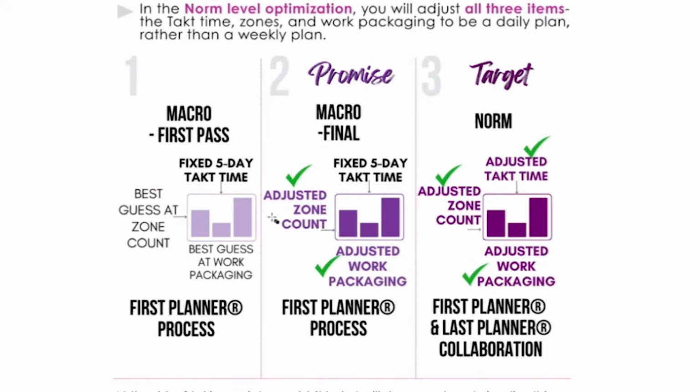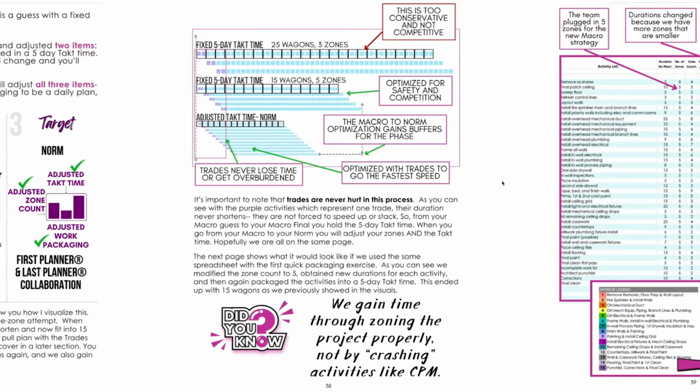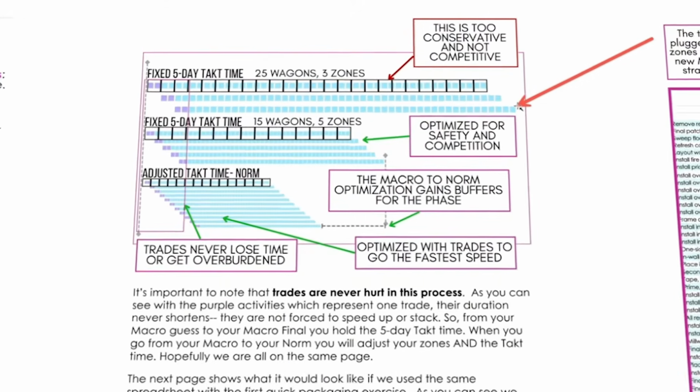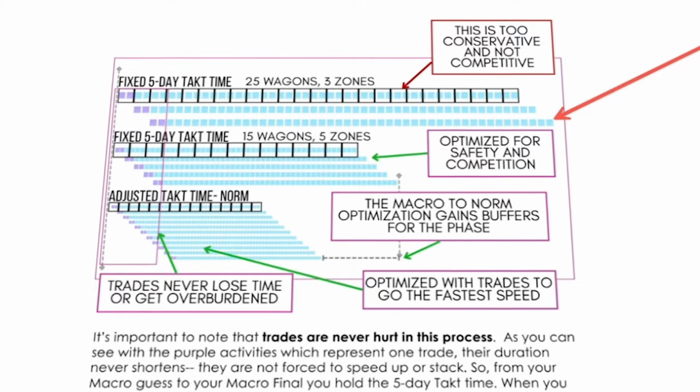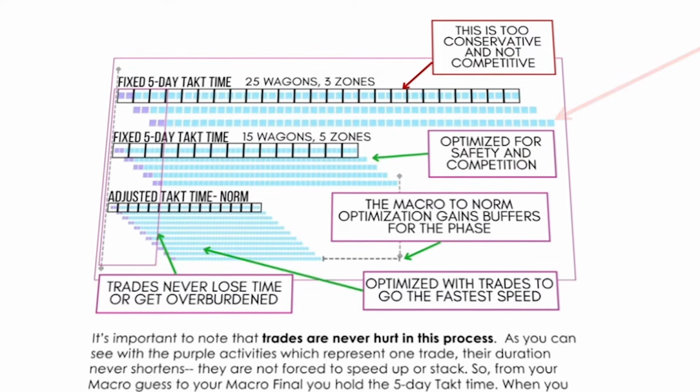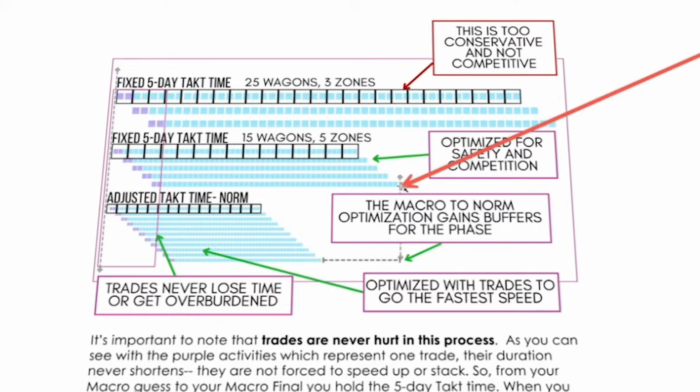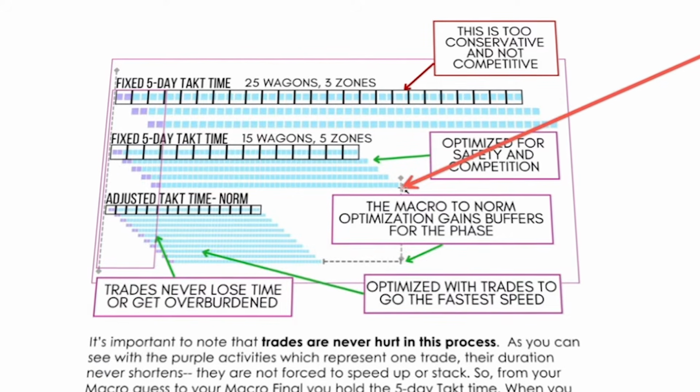Let me show you what this looks like in a visual. The first guess of 3 zones had the project finish way late. You wouldn't have won the proposals. It's not reasonable. Once you plug it into the calculator, you get a new overall phase duration, again on a